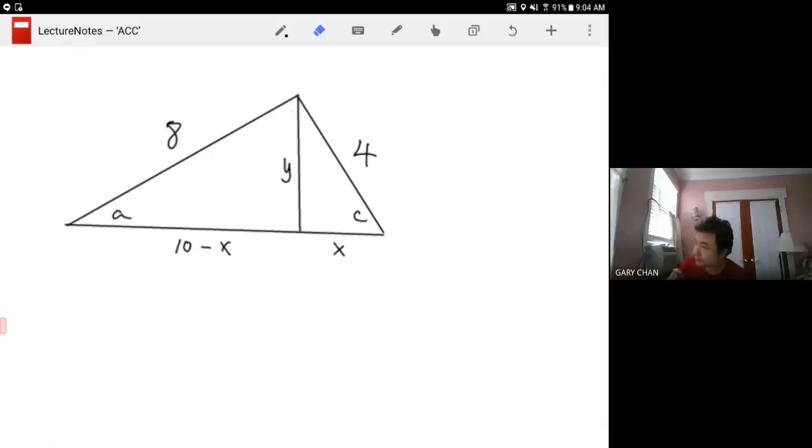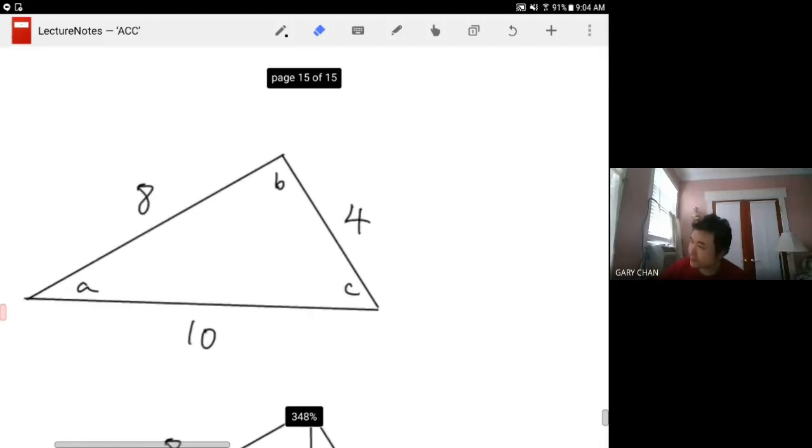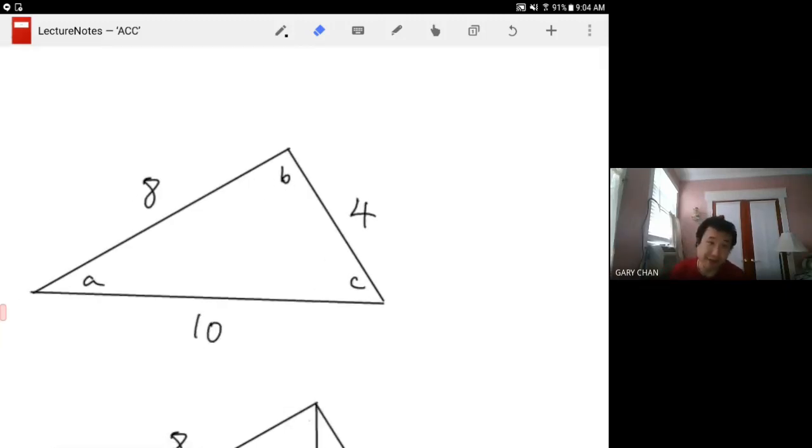I love that. Now the only thing is, this setup here, is it a guarantee that angle B is 90 degrees? No, it's not a guarantee, right? Because it's not a guarantee that angle B is 90 degrees, then